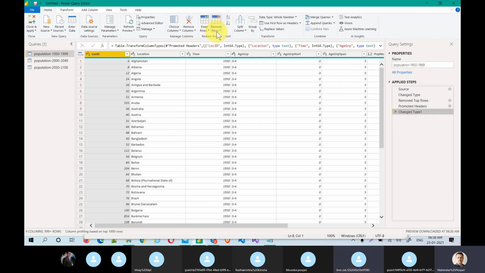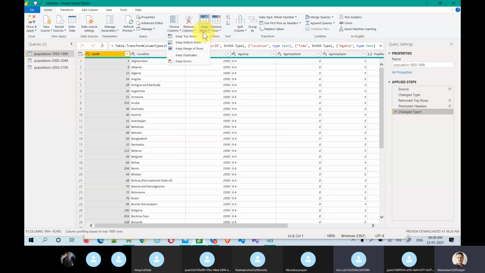You understand the remove rows, and all three options are applied. Again, we have remove blank rows and remove errors, and we'll come to these two options later in the session. For now, we covered the remove options. And here is keep, which is vice versa. If you want to remove, you can remove.